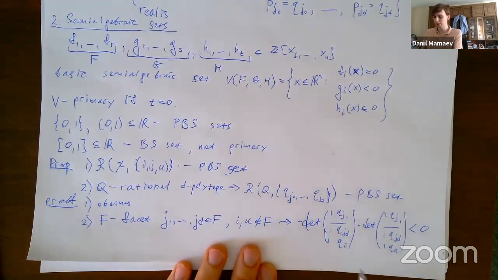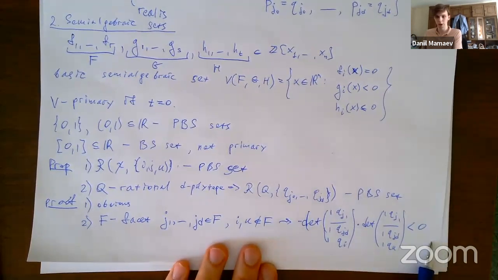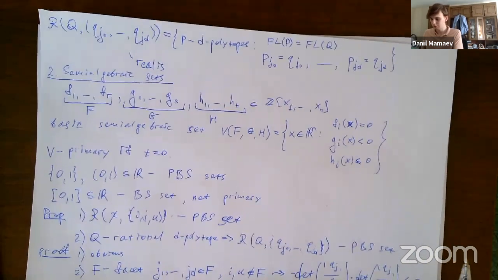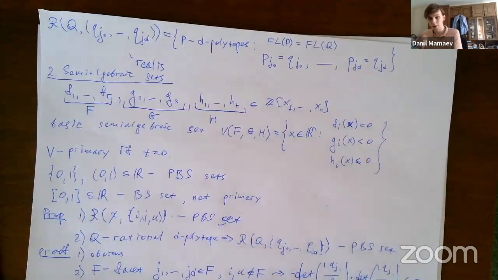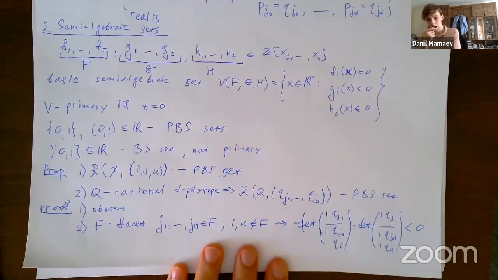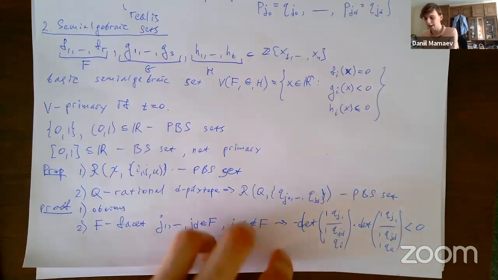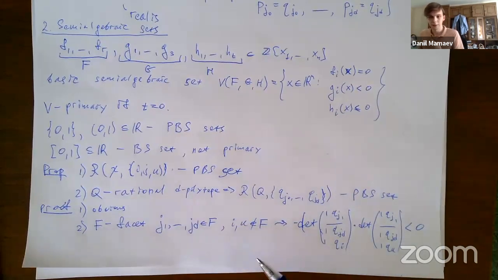We have just written an inequality of the form we wanted. It's a polynomial with integer coefficients. And this inequality exactly means that the vertices lie on the same side of facet F. And also we should say that